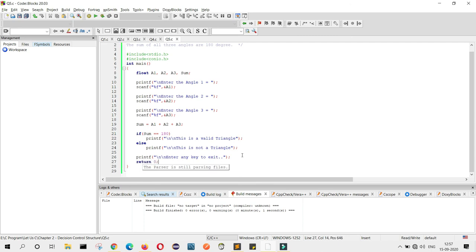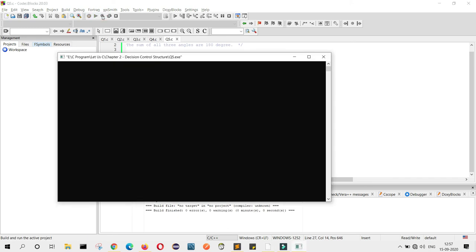Let me save and run. First we will run for valid values. So we will give each angle as 60 degrees. Angle 1 is 60, angle 2 is 60 and angle 3 is 60.